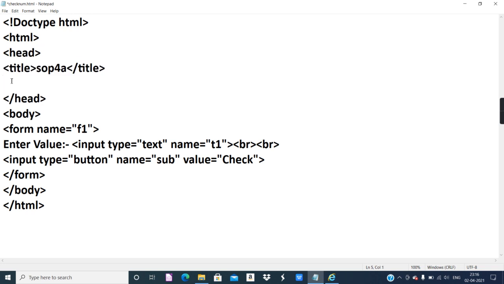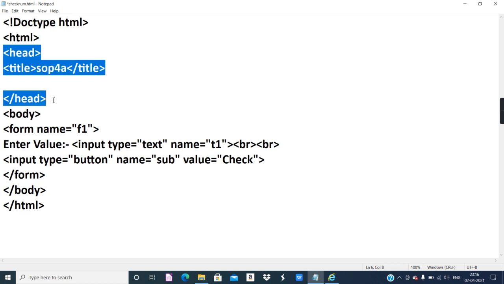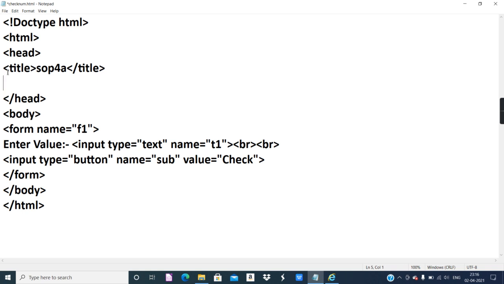So I am using the script tag inside the head section, that means inside the head tag container now. So after the title tag, I will give the script tag, language equal to JavaScript.